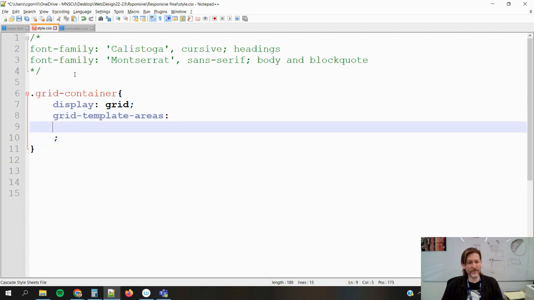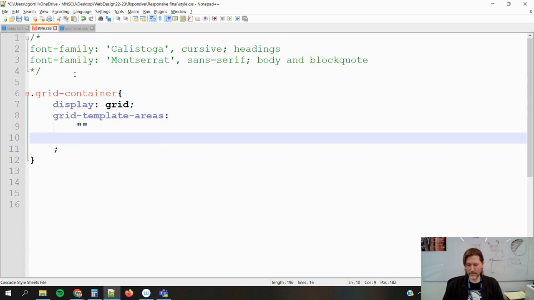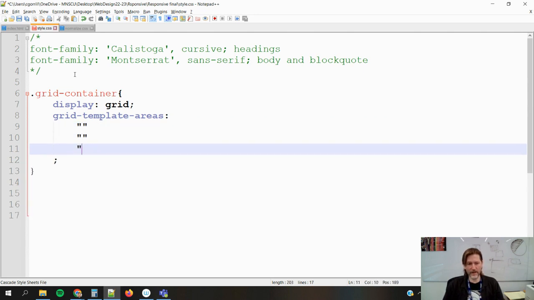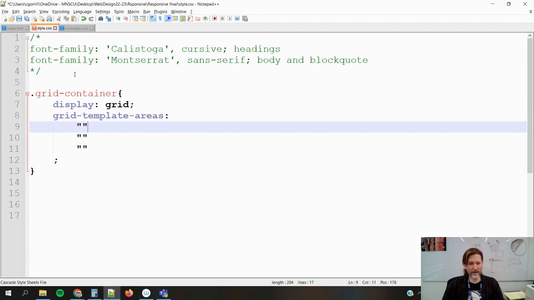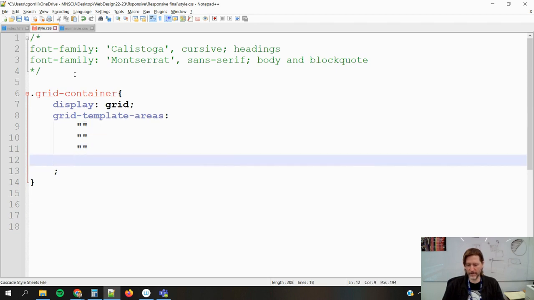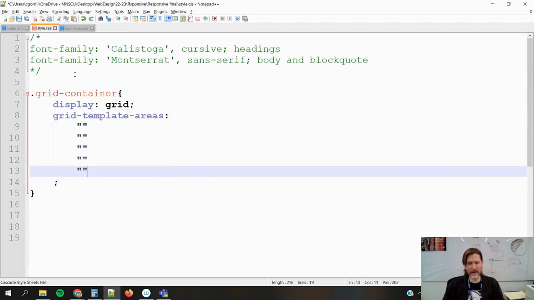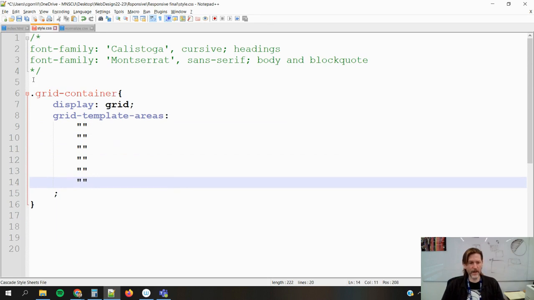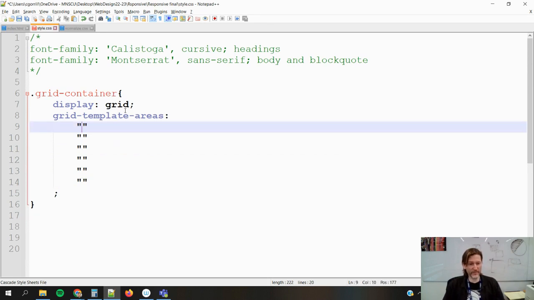I'm going to give a little bit of vertical space here. Normally we don't put a series of values on separate lines, but in this case it just makes sense because visually we're making rows. So this is going to be one row, another. I'm going to have 6 rows here for my header, nav, feature, main, side, and footer. And what I have to do now is establish my template. Header,